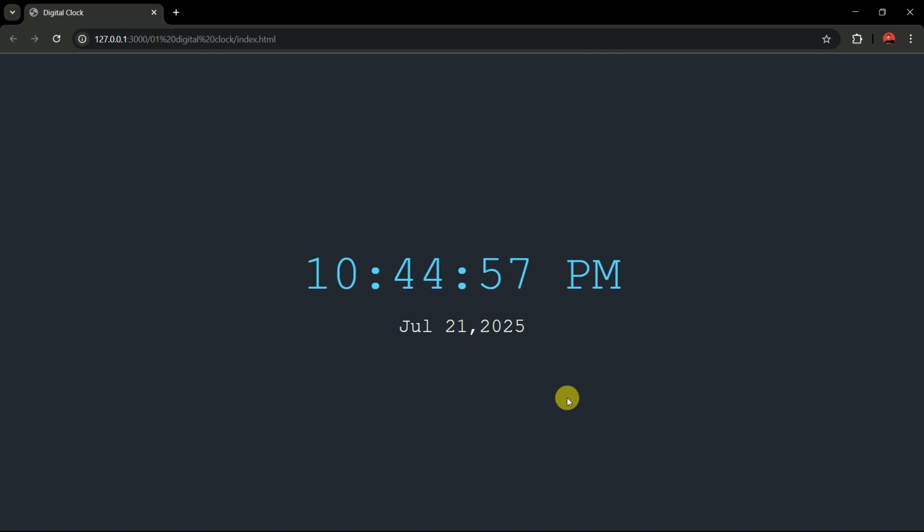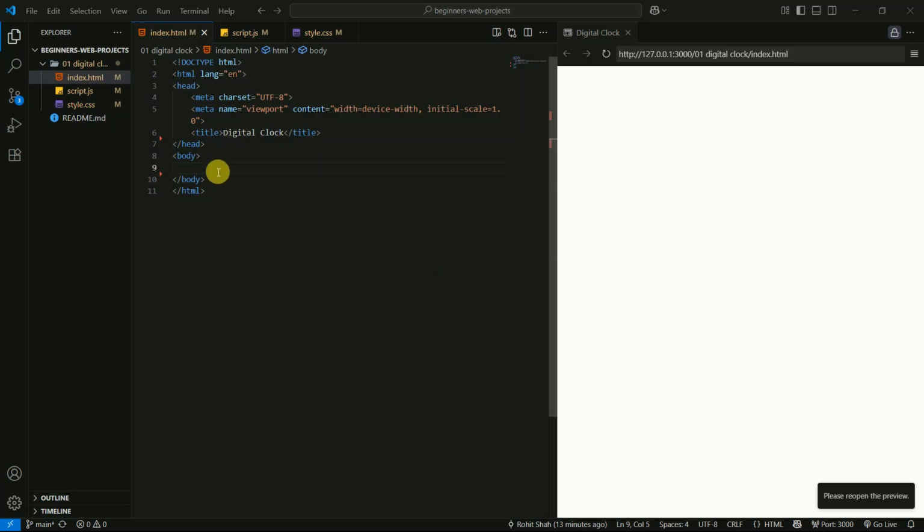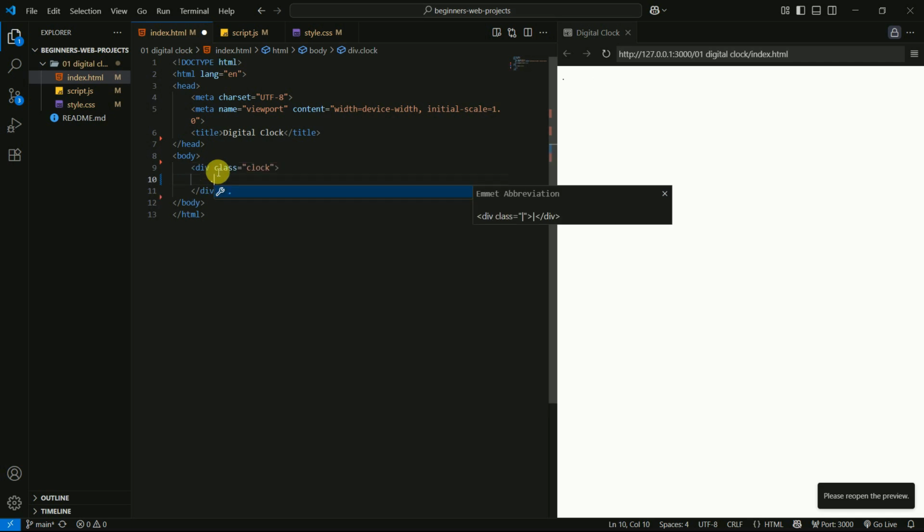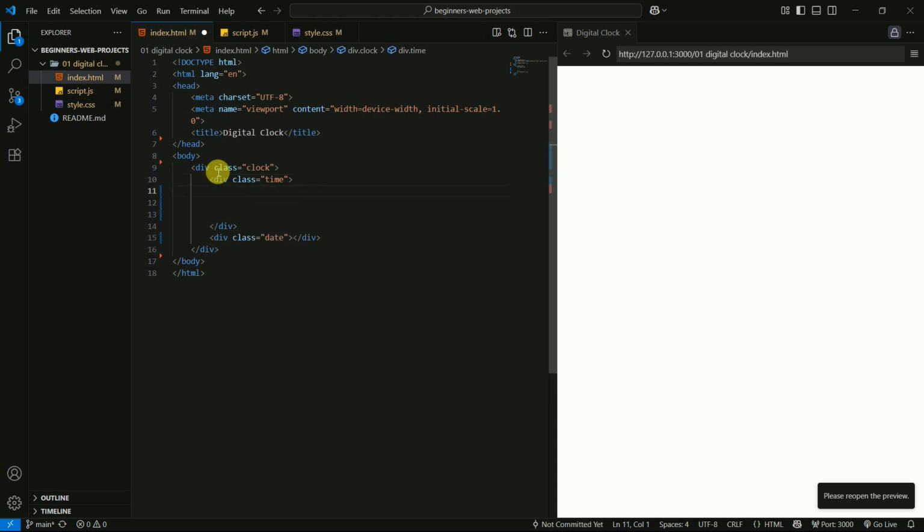Hello everyone, in this video we'll be creating this digital clock using HTML, CSS and JavaScript. Okay, so we'll start by adding a div with a class clock inside our body, and inside this div I'll add another div with the class time and another div with the class date, and inside this div I'll add